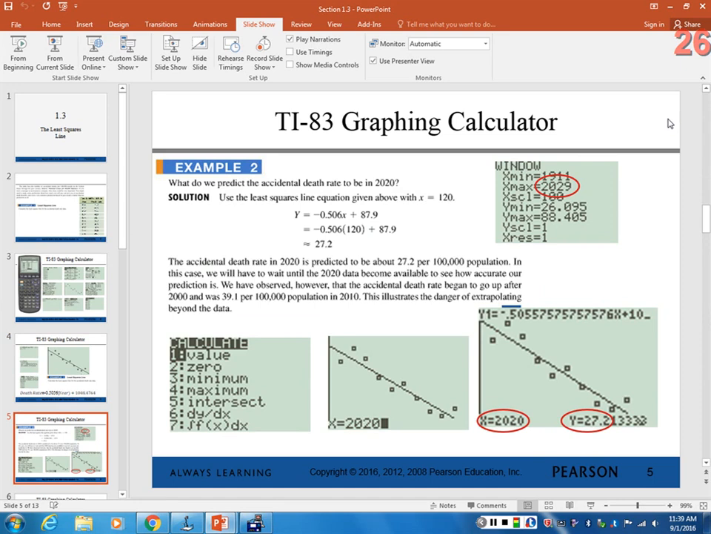Now, example 2 is related to example 1. It says, can you use that equation to predict what the death rate would be in 2020? Well, yeah, you could. You could plug in, and this is where they got me off guard, because they're counting time from 1900, so it's been 120 years. But we didn't put our data in that way. So what we're going to do